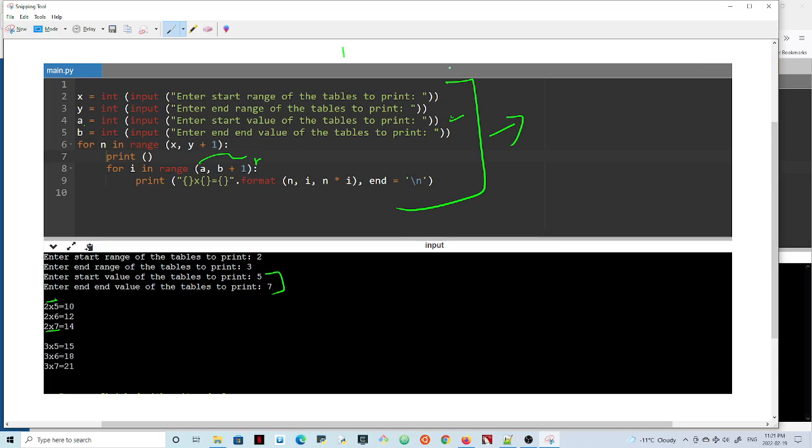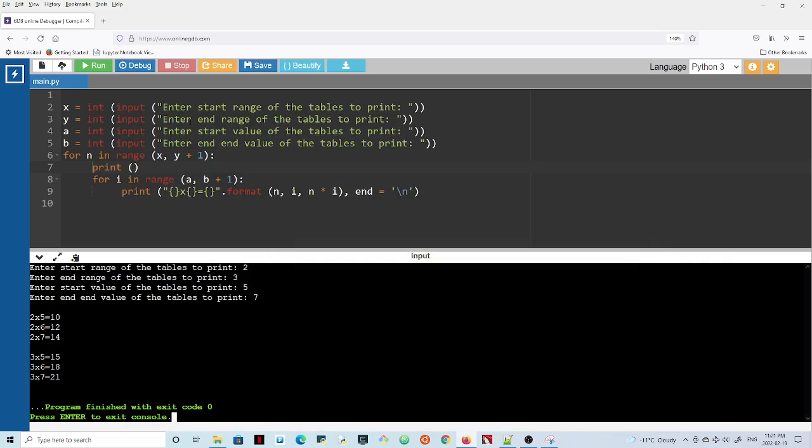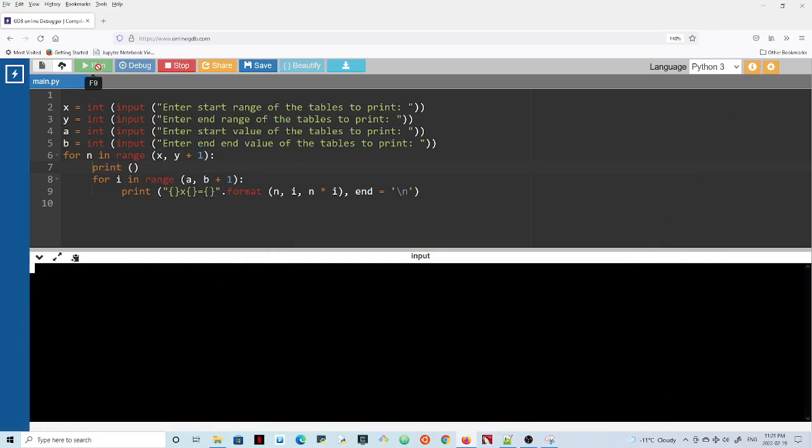This is pretty much something that is practiced in C programming, right? So I'm just bringing this over to my style in doing Python. So now let's try to run this code here. All right, so I have the code and I'll show you some variations. So enter the start range of the table. So let's say I'm saying from 2 times